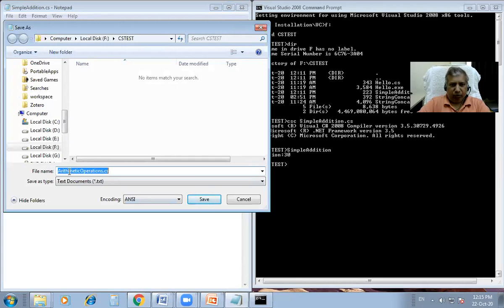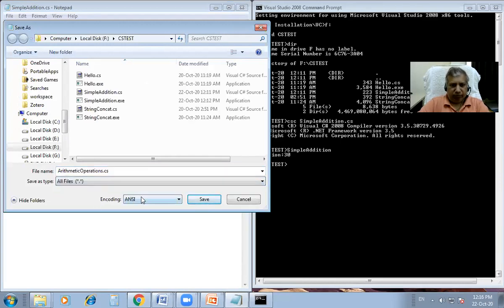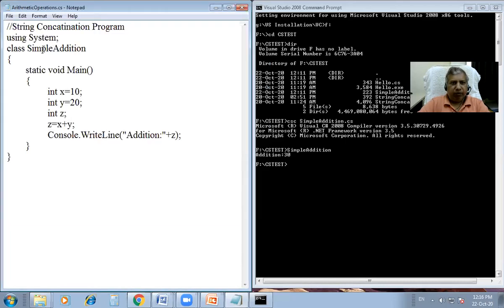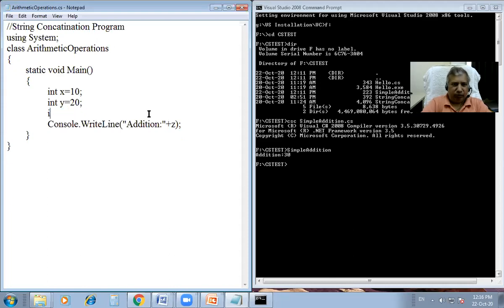I will copy the same, save, and change the class name also to arithmetic operations. And now, instead of performing addition here, I will write like this, x